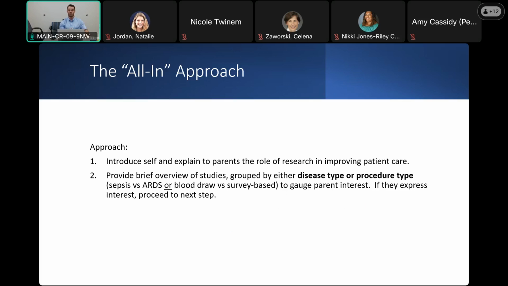Or if it's something where the trial might have an extended window of consenting, we might tell them about it just so that they are aware of it, and let them know that if things continue along the way that they are, we would come back later that day or maybe the next day or 2 days from then to actually consent them for the study. But we just give them a brief overview so that they at least know.